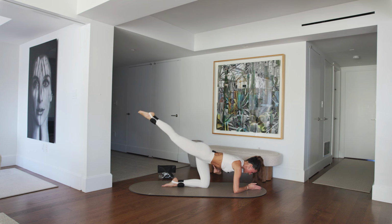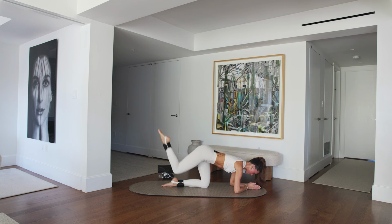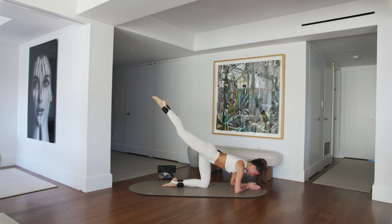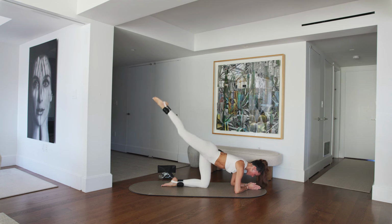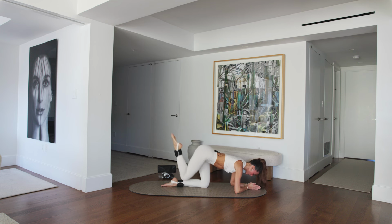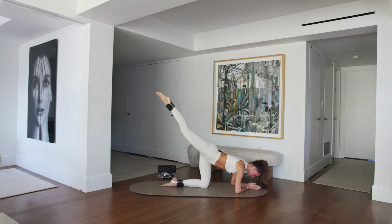Lift that leg long, but keeping belly button engaged. Knee to the mat, toes to the ceiling. Let's lift that booty for 20. 19. Let's bring some energy into this for 18, 17, 16, 15, 14, 13, 12, 11, 10, 9. Stay with me. Stay with the breath for 8, 7, 6,